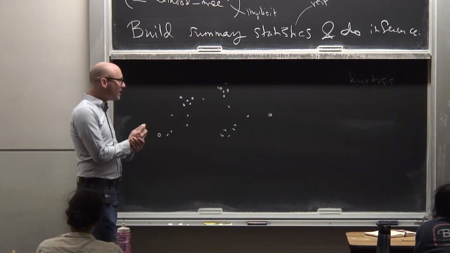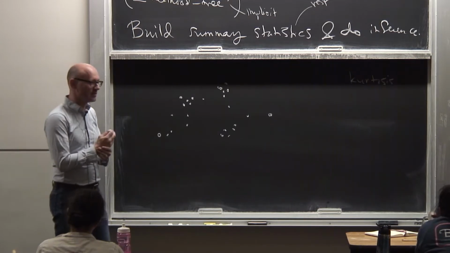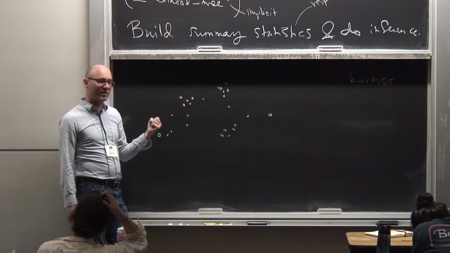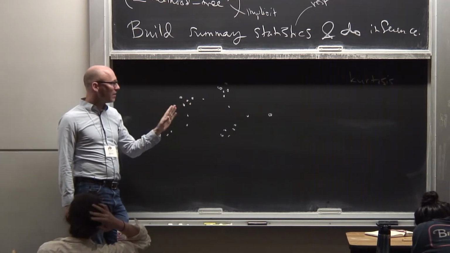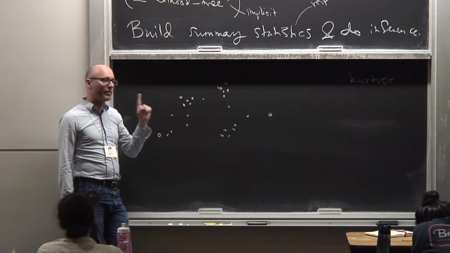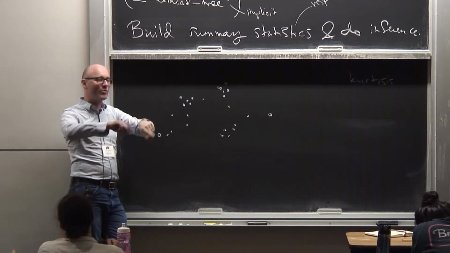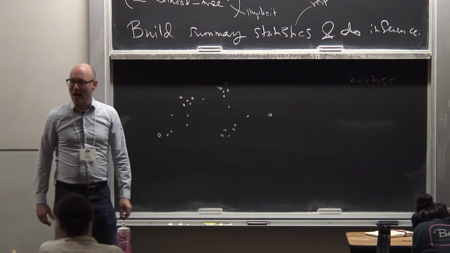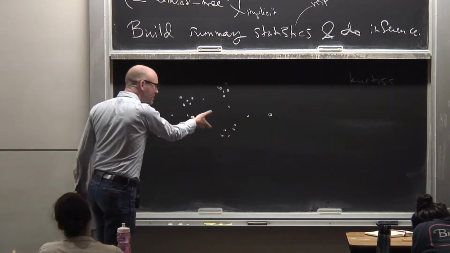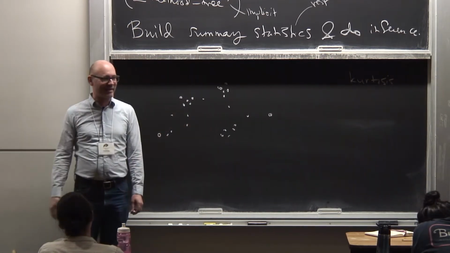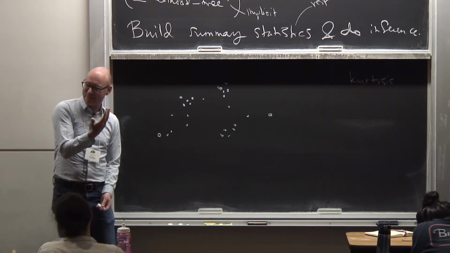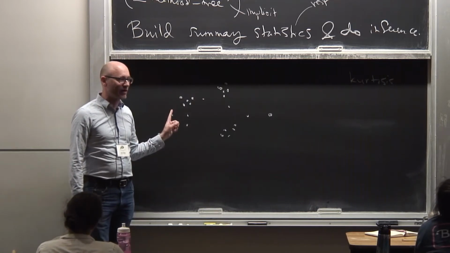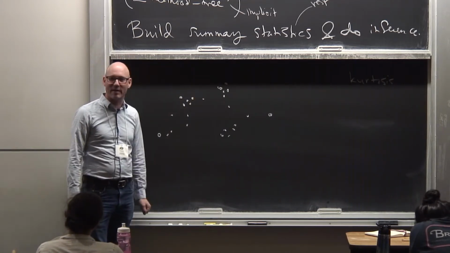So what is the simplest two-point statistic here? Or what's the simplest way to kind of measure the clustering? So the simplest, there's several things to say. One thing is we want a measure of the clustering that is rotationally invariant. Meaning, if I make a measurement of the clustering here, I want to be able to take this distribution, rotate it, and if I made the same measurement, I'd get the same answer. See what I'm saying by rotationally invariant? It's not assuming that the distribution is rotationally invariant. It's assuming that the statistic that we create from it is rotationally invariant.